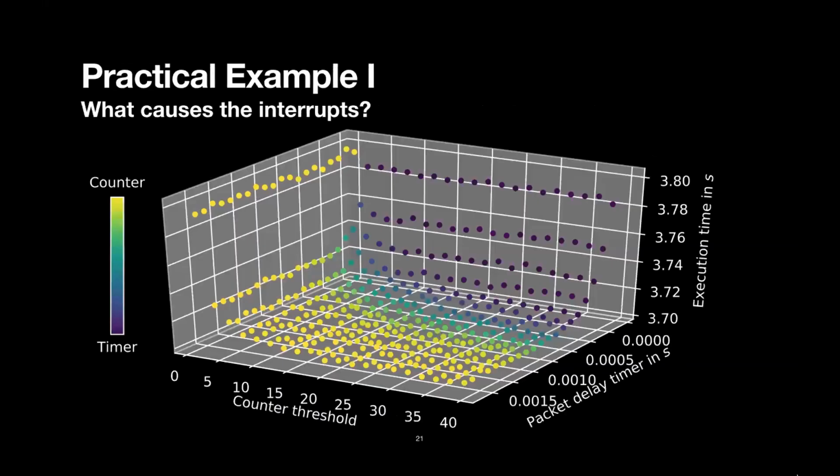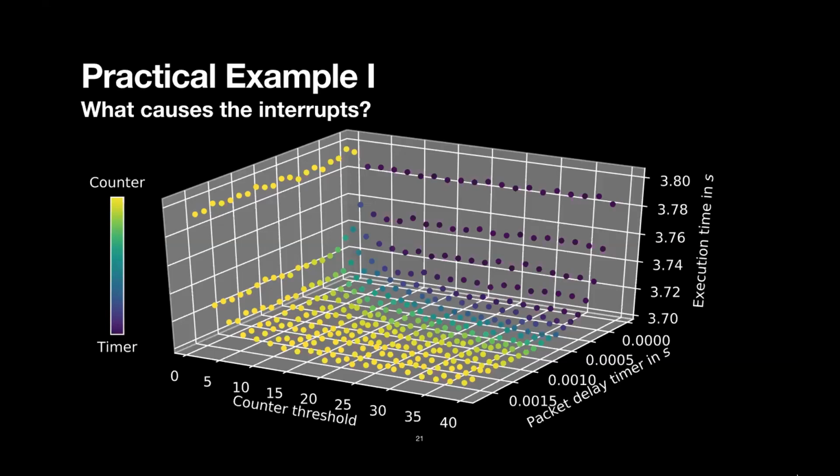For the first practical example, we used the playground to investigate the reasons for interrupts. We measure the influence of both counter threshold and the packet delay timer on the execution time. Each dot here represents one result of the playground being run to test user code with a Poisson distributed load